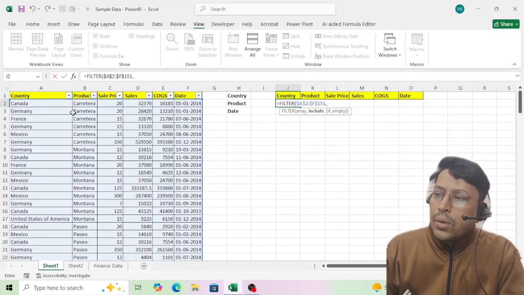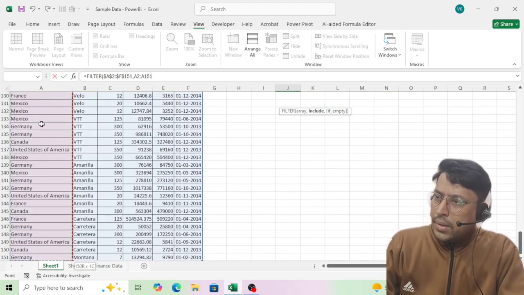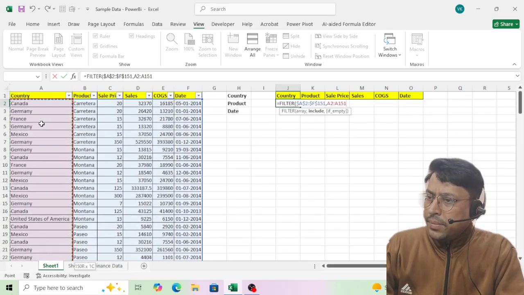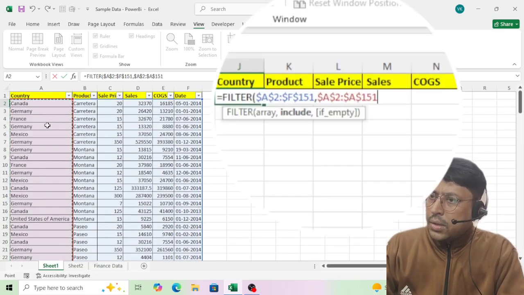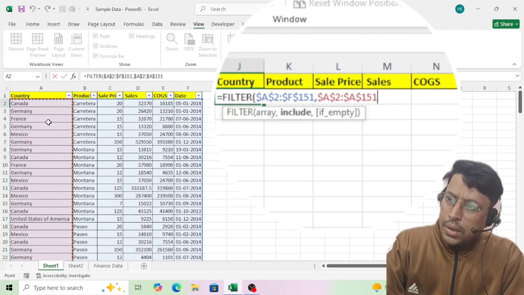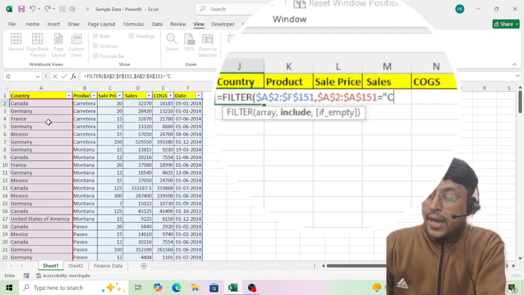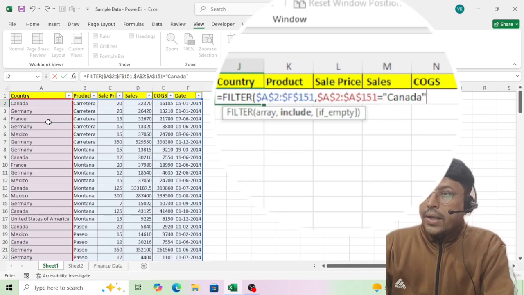Here I am including the country column. I will select the entire country column, that is the entire A column, and lock the range as well. Now I will put equal to and give the criteria, Canada, as the country.